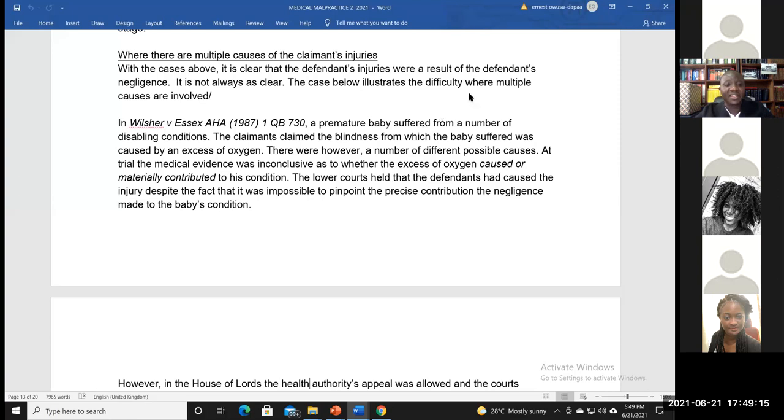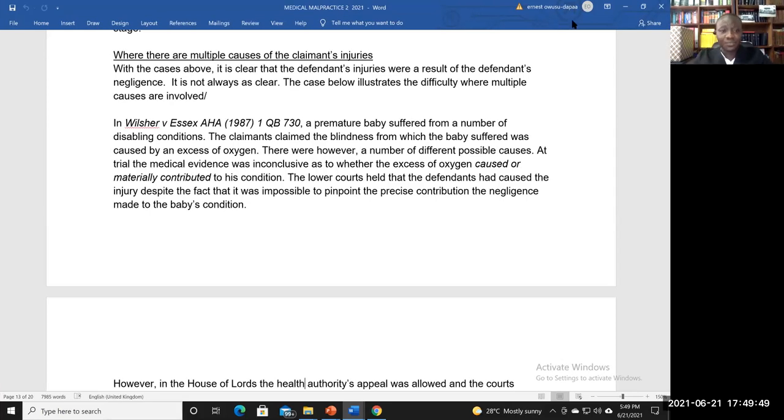Now, a very good illustration, which we find from the case of Wilsher against SS, and those who have been referred to work on that, you need to read the full judgment. And of course, not only those people, all of you have to read the full judgment. It's very interesting. You have met it already in your law of tort, but in medical law, we would like to read it with a particular focus. So you have to read it again. In Wilsher against the SS Area Health Authority,